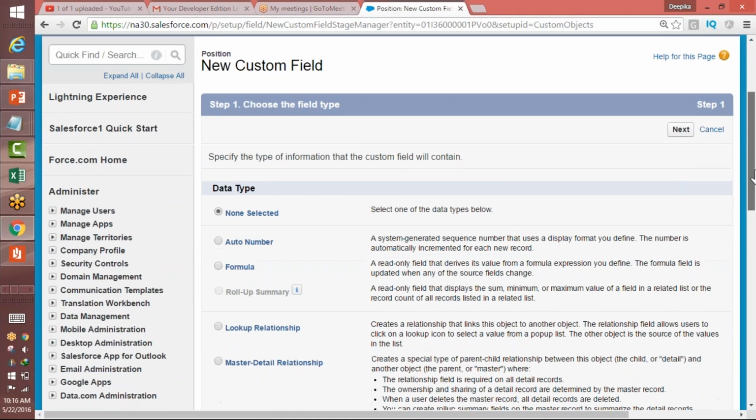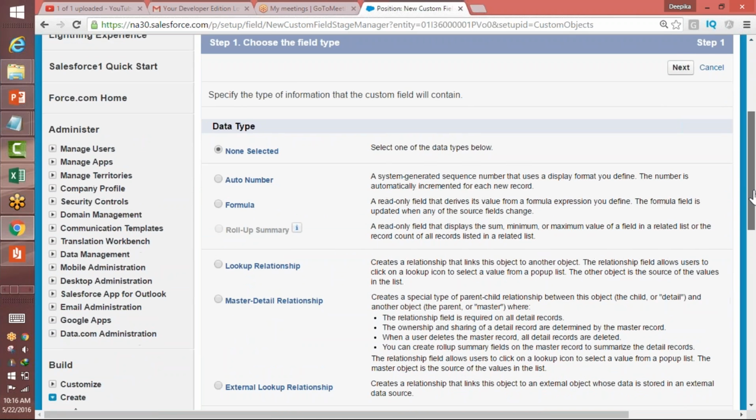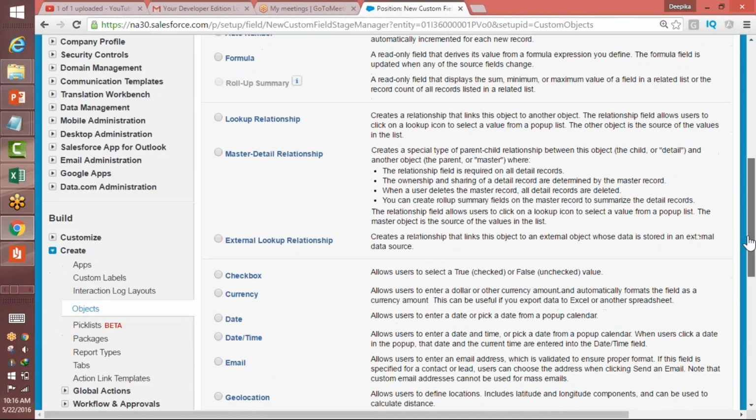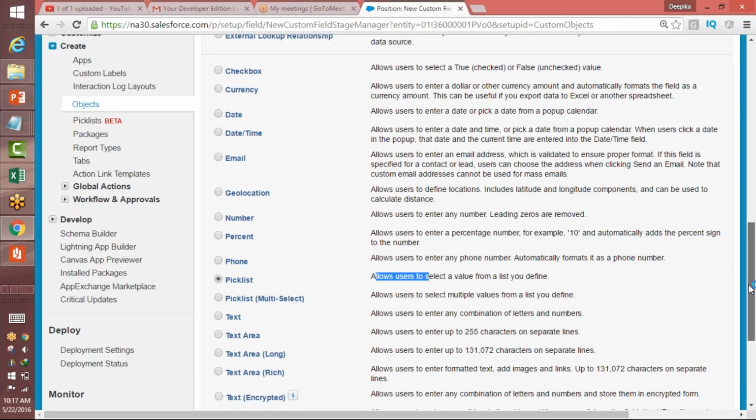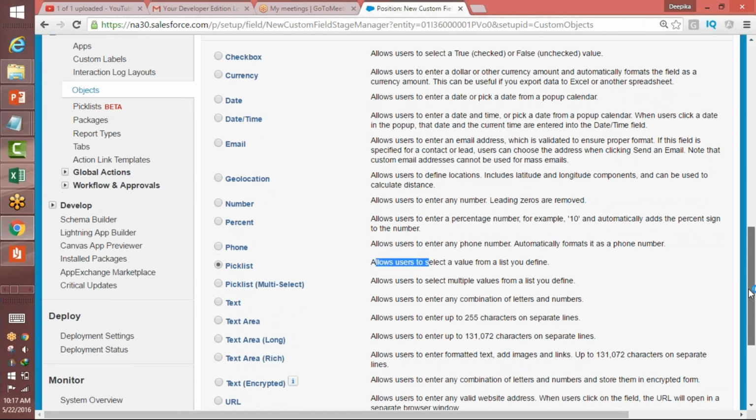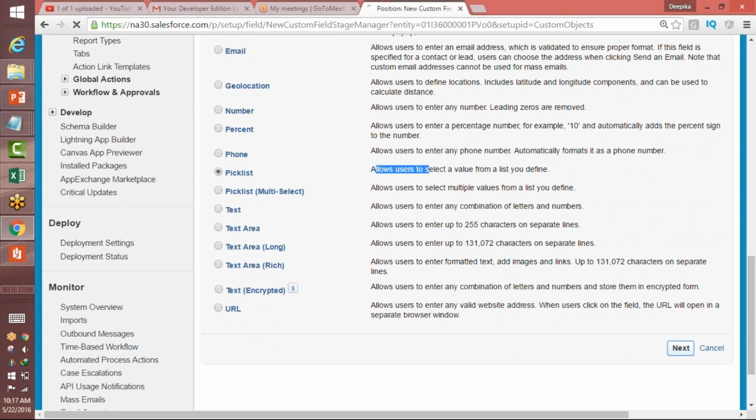you can select what kind of field, the first thing being the data type that you will pick. There is a data type called picklist, and the definition of the picklist says it allows the user to select a value from a list you define. So we will define that list, and from that list the users will be able to pick a value. And there is another one called multi-select picklist, which allows you to select multiple items from the list you have defined. So for this we want the picklist to be single select, only one, because the